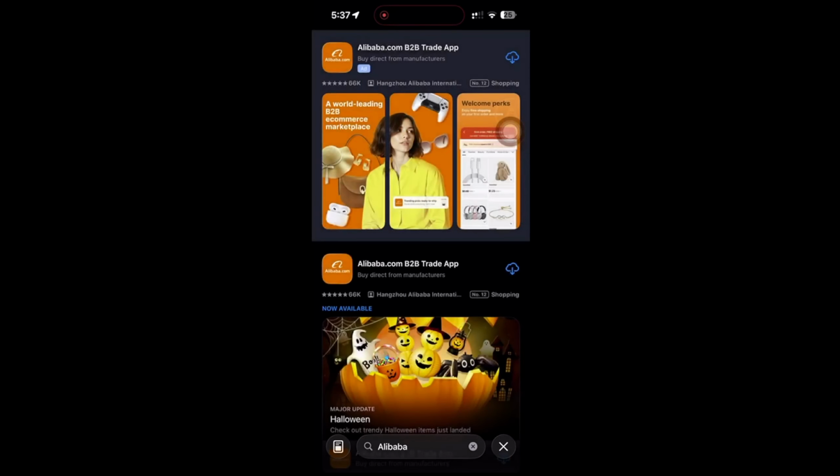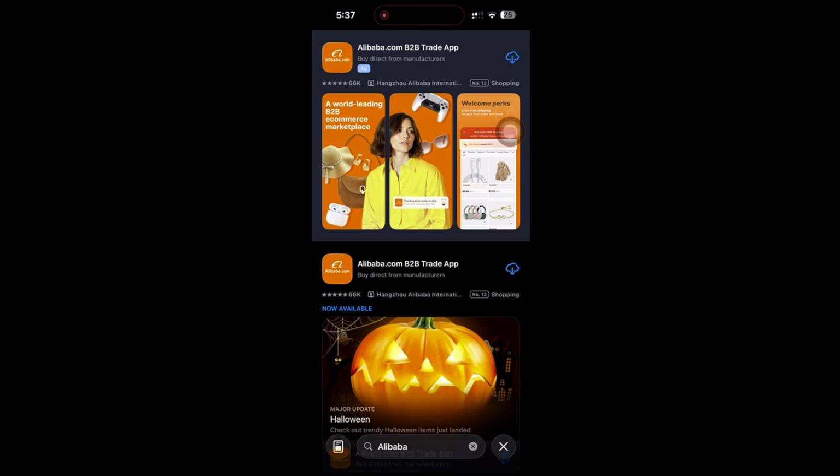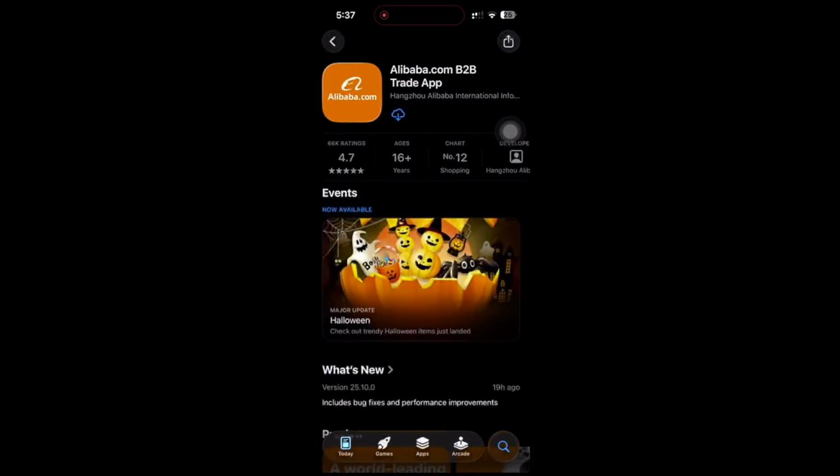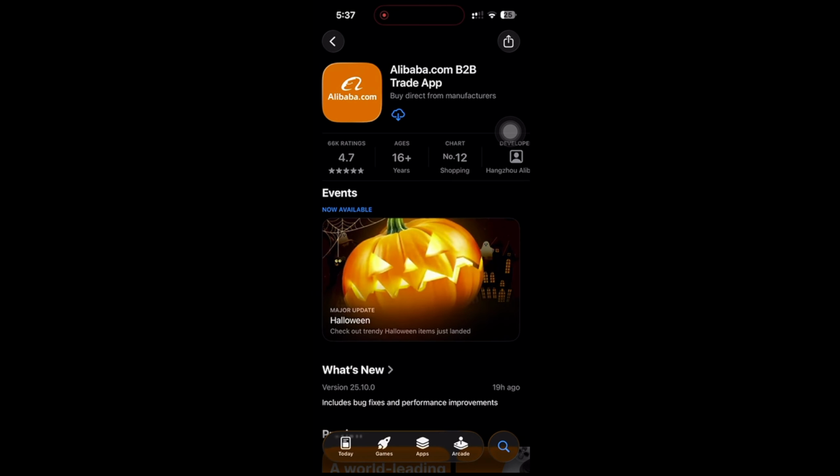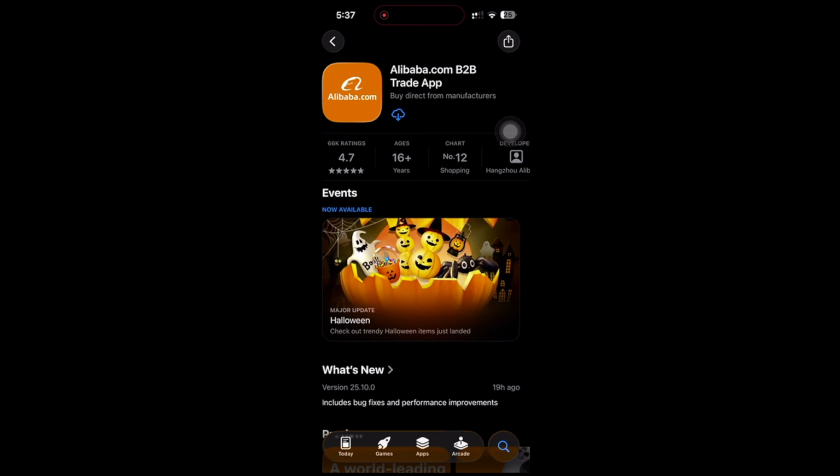After hitting the search button, carefully scroll through the results until you see the app that's simply titled Alibaba. Once you've found it, tapping directly on the name Alibaba will take you to the app's official download page. It's important to make sure you're selecting the right app, as there might be other similar apps with slightly different names or features. The Alibaba app's official page will display the familiar logo, so keep an eye out for that